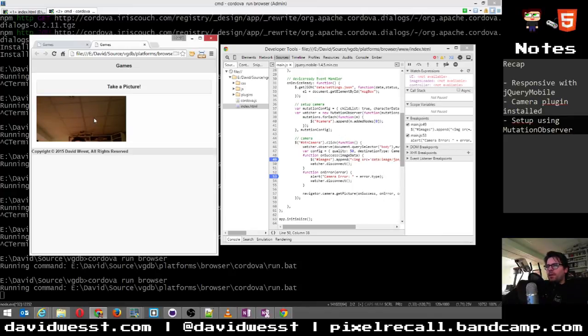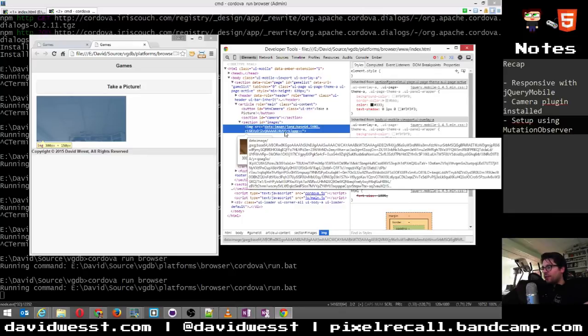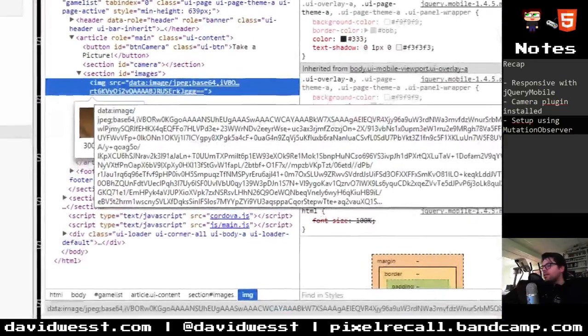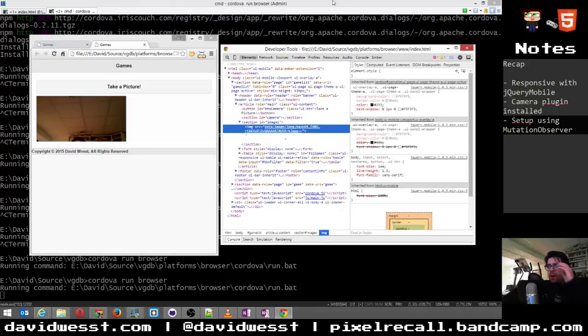So, looking at this, one of the big pieces here is that you can clearly see it cuts off part of the picture. And if I look at this element that's been added, you can see it's just a giant string. So let's zoom in on that. It's just a giant string that we're dealing with. Because of that, I don't know what the reason is. Maybe it can't load that much string data. I don't know what the problem is. The little bit that I did look up, there isn't a limit on the size of a string, other than like 512 megs or something. Chrome's very good with that. So I'm not sure what the problem is, but it does cut this off.